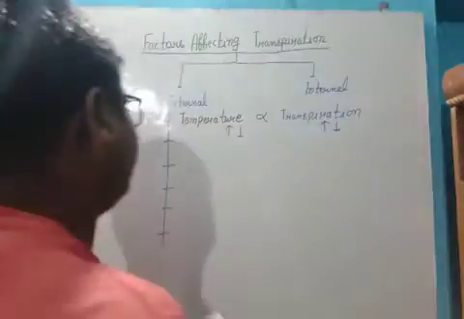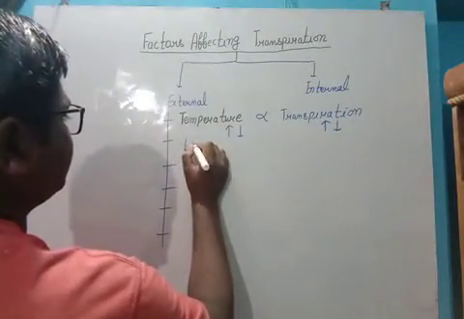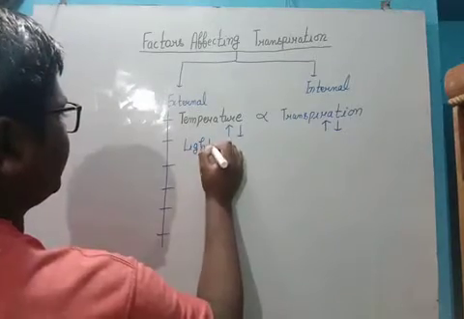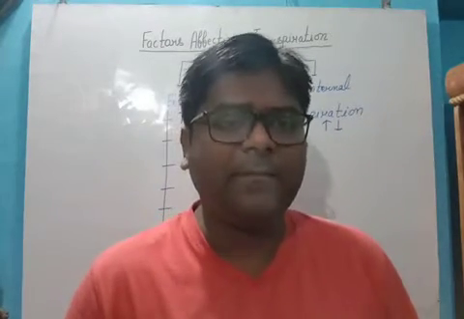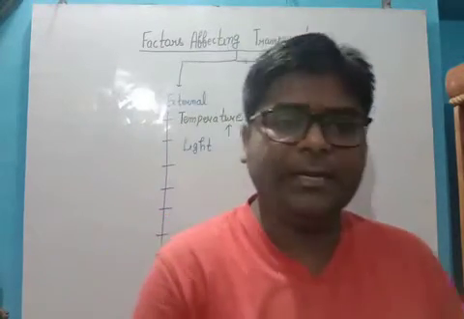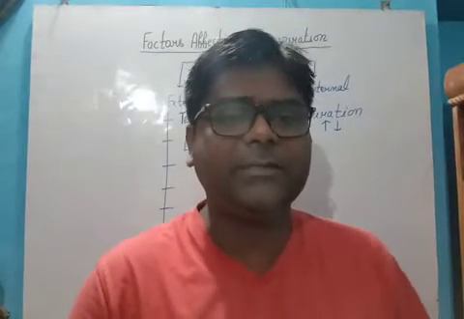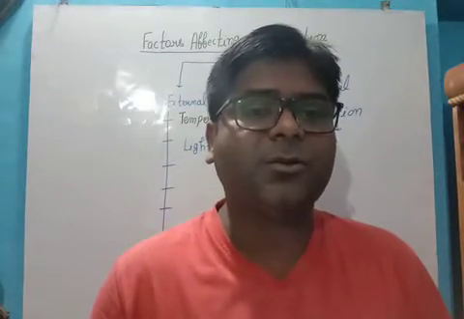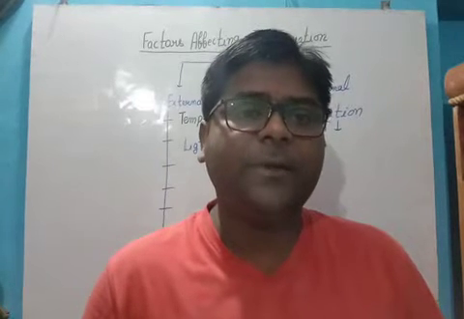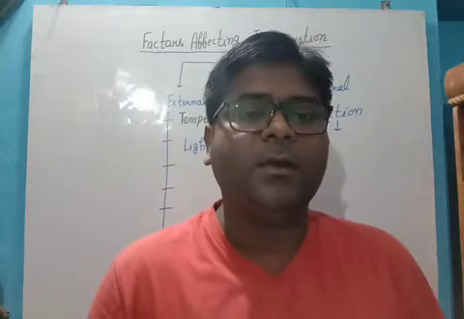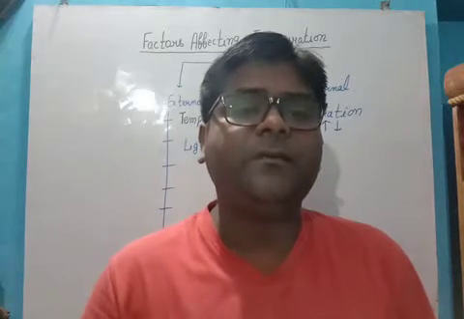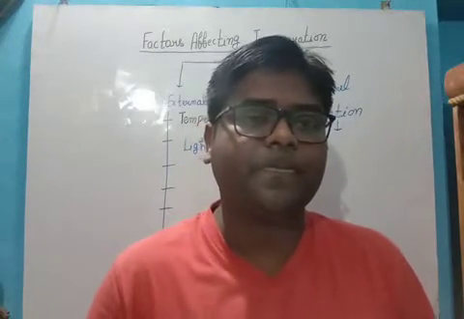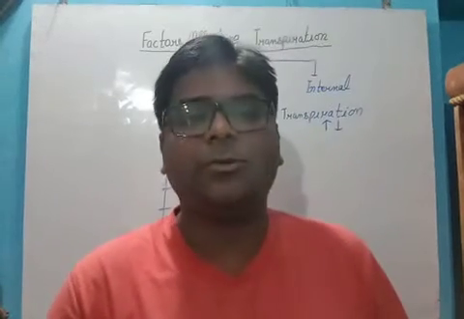The next factor is light. What is the effect of light? We have a structure in the leaves. Last time we discussed, that is known as stomata, and stomata has a structure which is known as stoma. Whenever we have an opening of stomata, we have a starting of transpiration, and the opening is controlled by